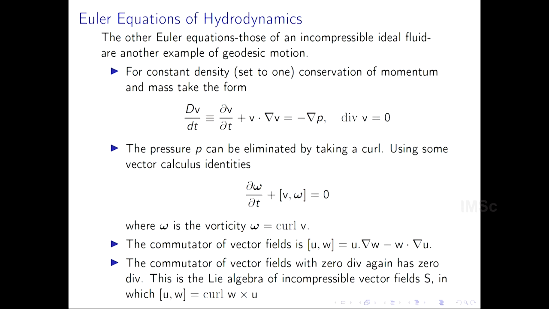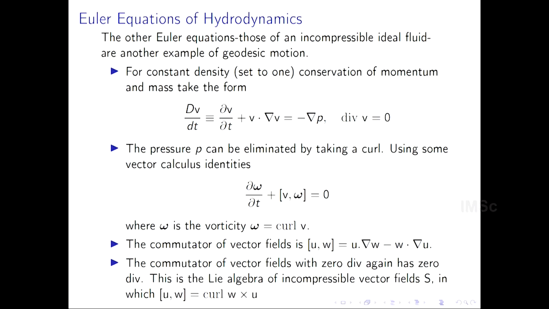So this is exactly like Euler's equations for rigid body motion. Omega is analogous to angular momentum, v is analogous to angular velocity, and the differential operator curl is the analog of moment of inertia. So the entire story is very similar. In fact, this analogy is not a coincidence. A few years later, a few centuries later, Arnold in the 1960s showed that this also describes geodesics in the Lie group associated to the Lie algebra of incompressible vector fields.